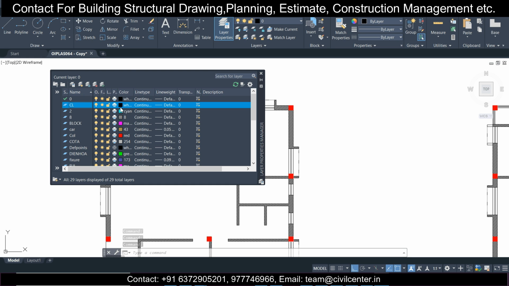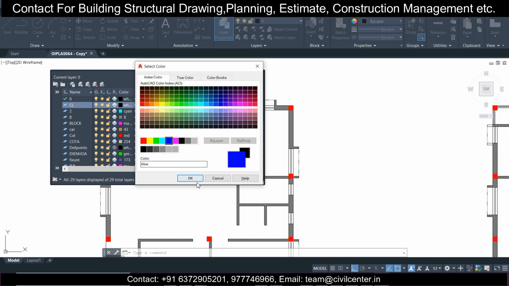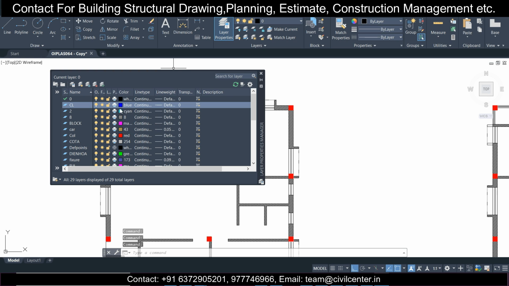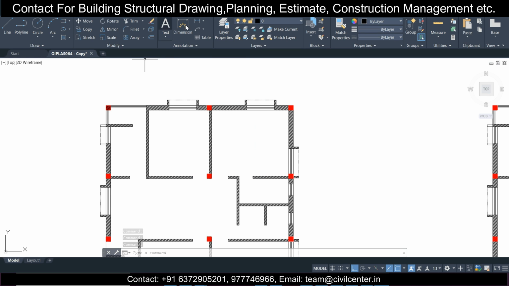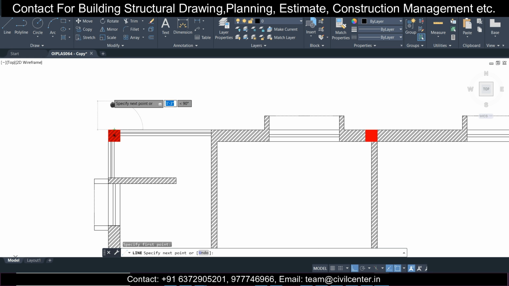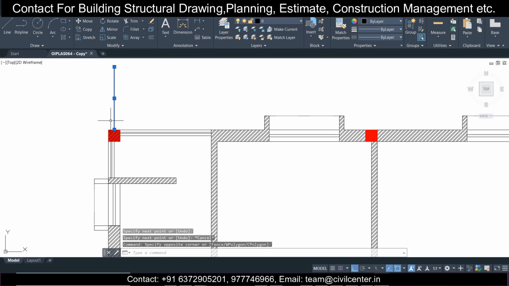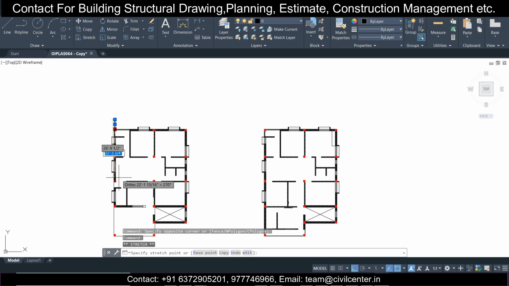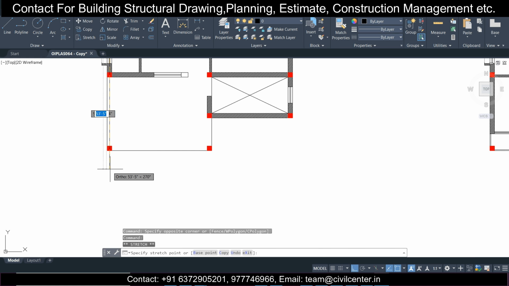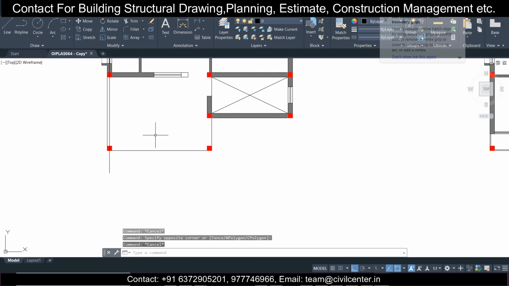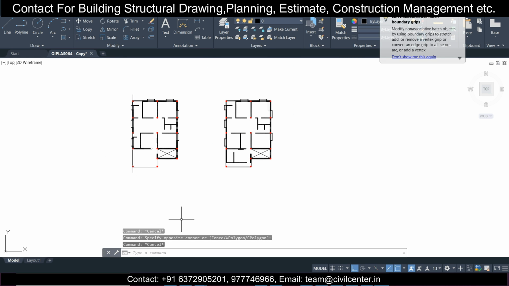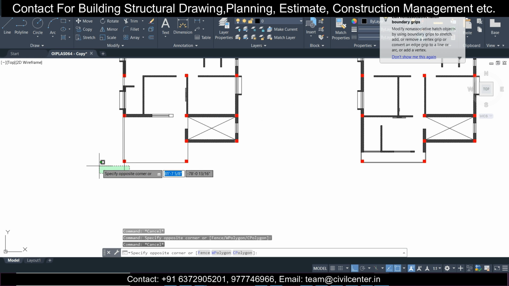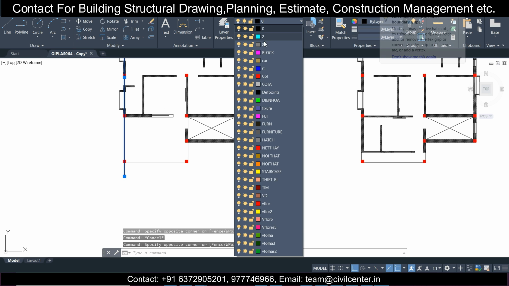I prefer blue for the center line because in Tekla the blue shows better than black, and I want the default continuous lines. I don't want dotted lines now, because it will be only for the import in Tekla. So I'll just make a normal line like this and select this, and at the center just take up to this much, and take this line and keep it in the layer of the center line.